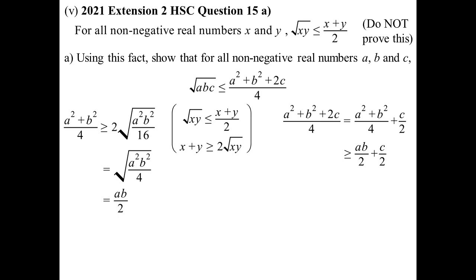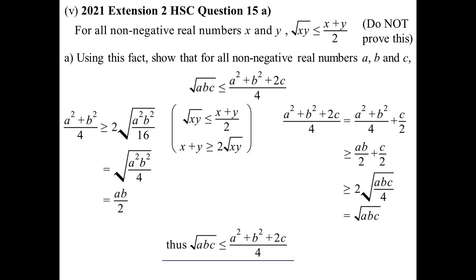So that is okay. Well, once again, we have 2 things added together, and 2 things added together must be greater than or equal to 2 times the square root of 2 things multiplied together. That's the square root of ABC. Tie it all together. Therefore, we have what they asked for. Now, if you thought that was fun,